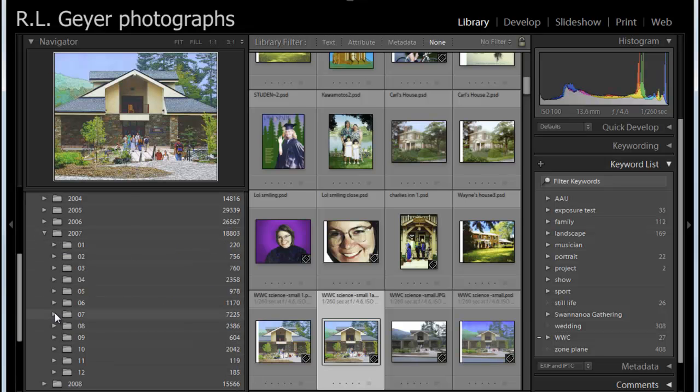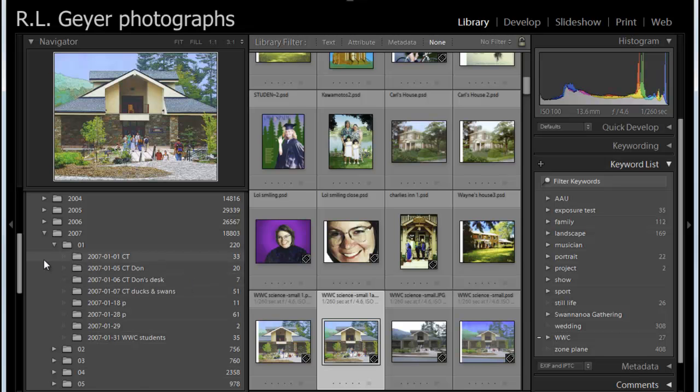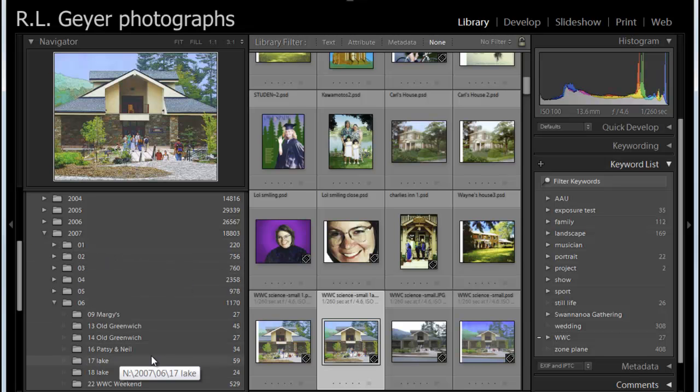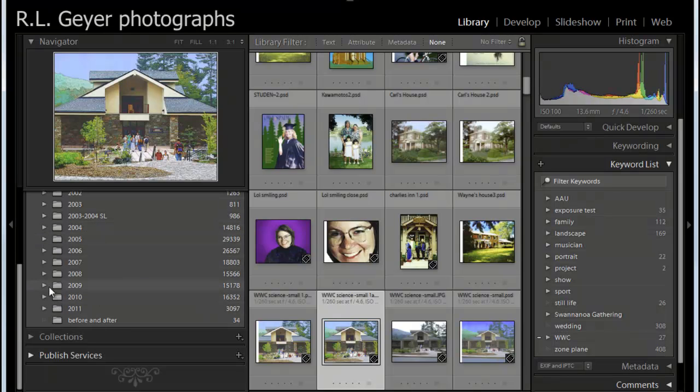You can skip down. We can see, for example, May, and here are some photographs from May. In my system here, you can see there's a little variation. Here I have the full month and day, and down here I have just the day. So year, month, and day as separate subfolders. And then I added some tag to identify what was going on there. That system pretty much stayed with me until